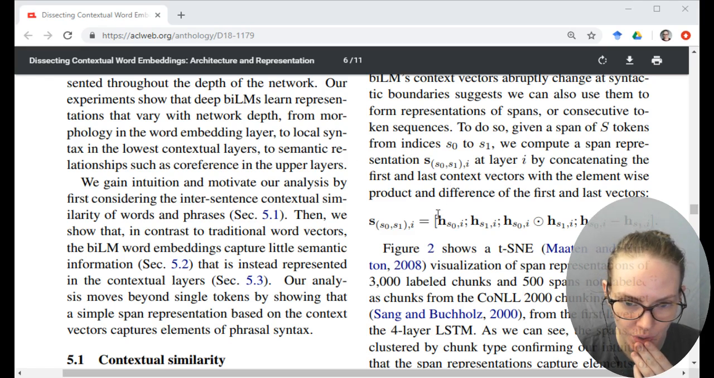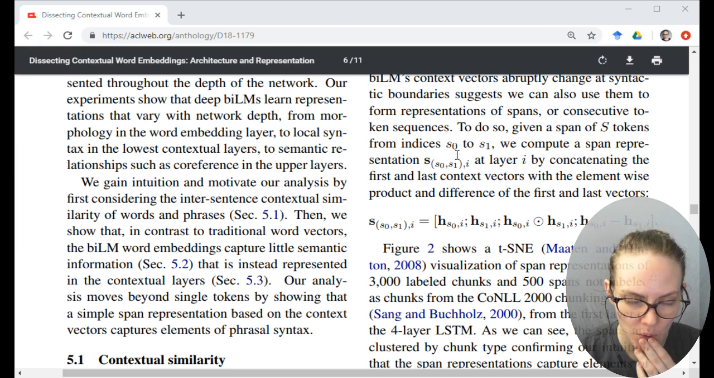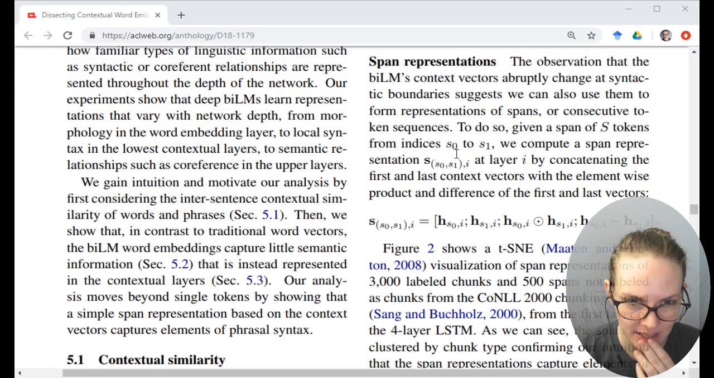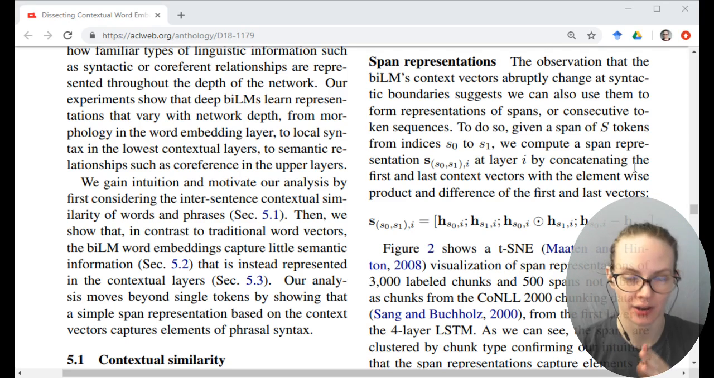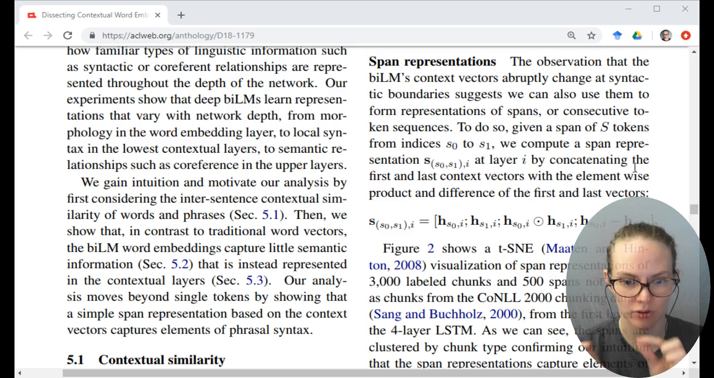So they don't do it for every vector. They don't take the vector of every token in the span. They take the first and the last, and then they take the element-wise product, because they're vectors, and then the difference, so subtraction,